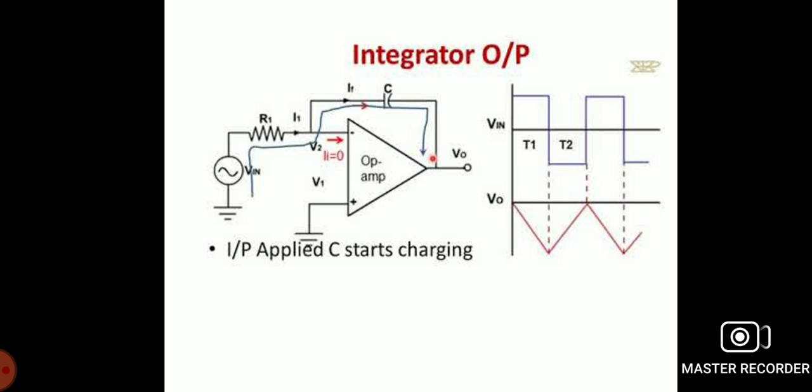In this circuit, the non-inverting input terminal of the operational amplifier is connected to ground. That means 0 volt is applied to the non-inverting input terminal. According to the virtual short concept, the voltage at the inverting input terminal of the operational amplifier will be equal to the voltage present at the non-inverting input terminal. So the voltage at the inverting input terminal will be 0 volt. Now the nodal equation at the inverting input terminal.